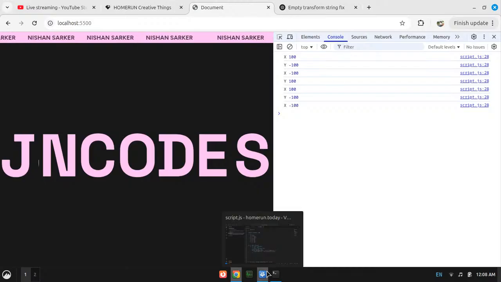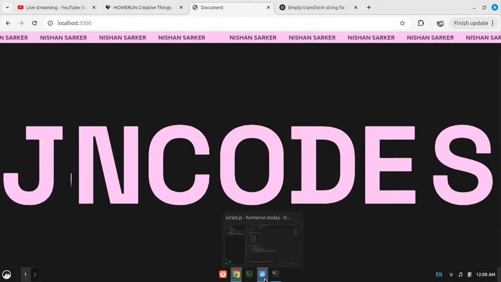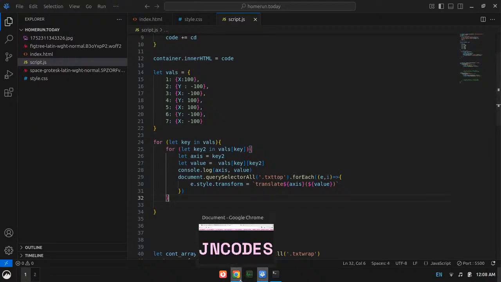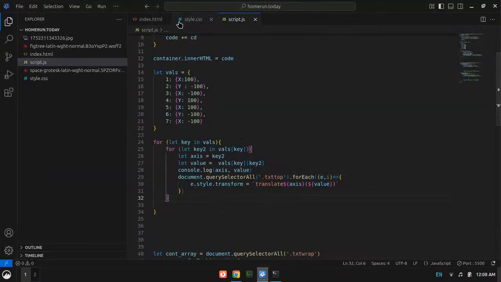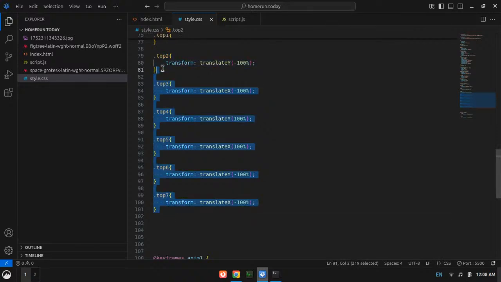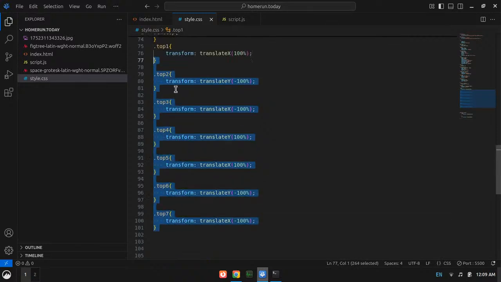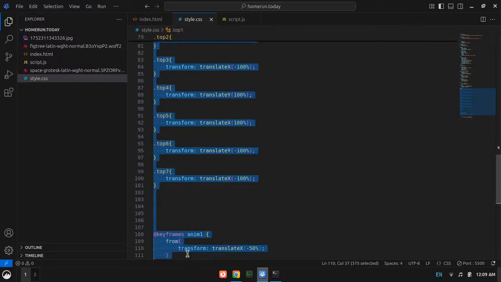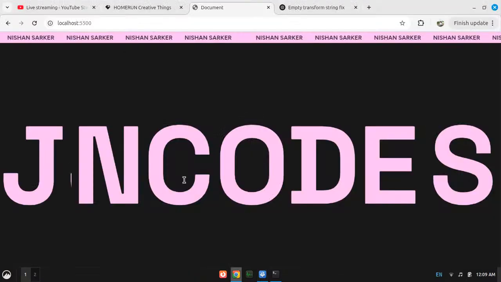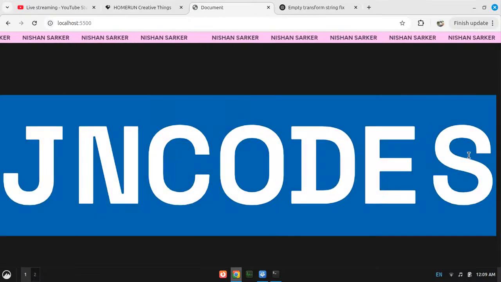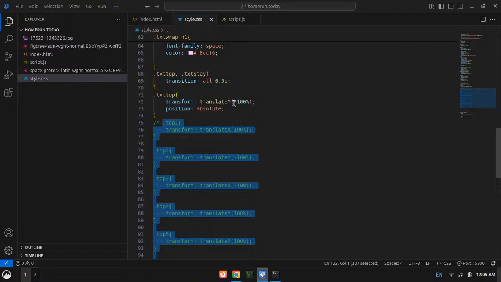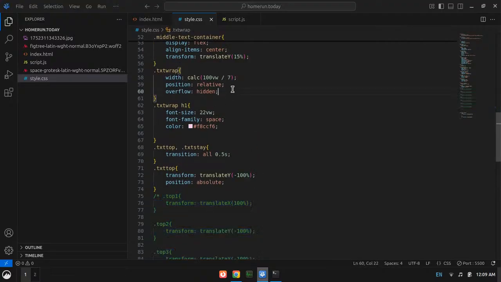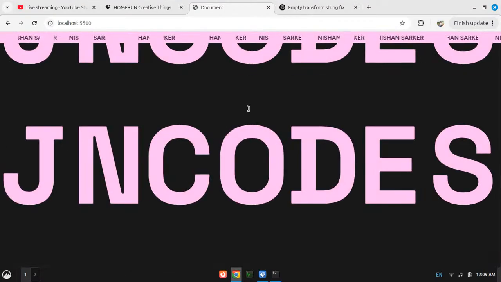Okay, I think it added the transforms. And now what if I just comment all of this, like literally all of this, and look at it. What did happen? I will now uncomment the overflow hidden for a little bit of time.